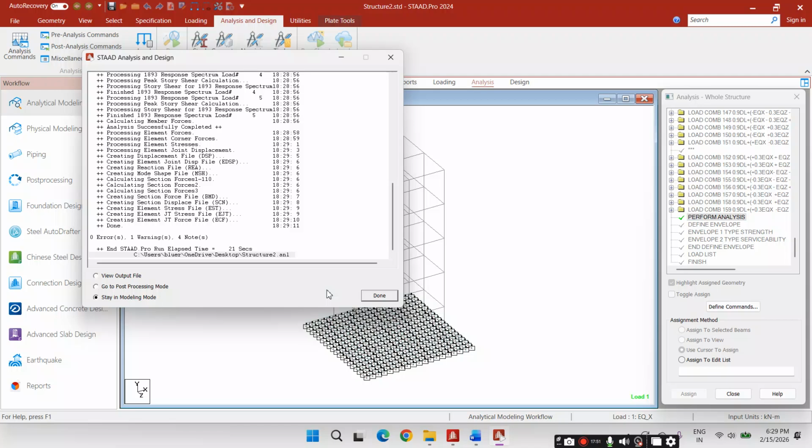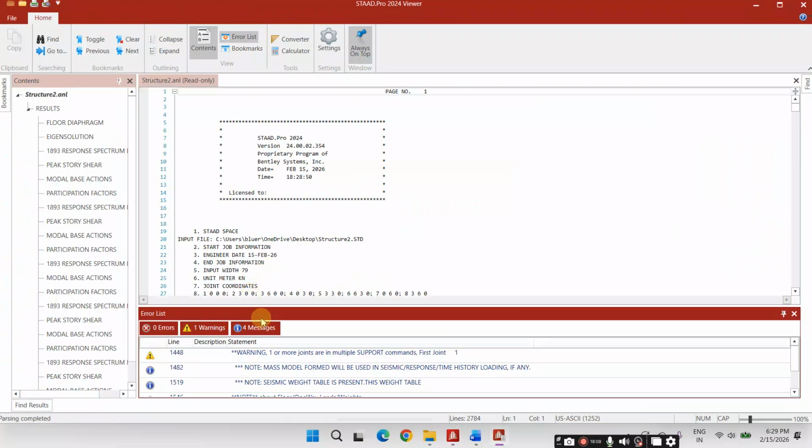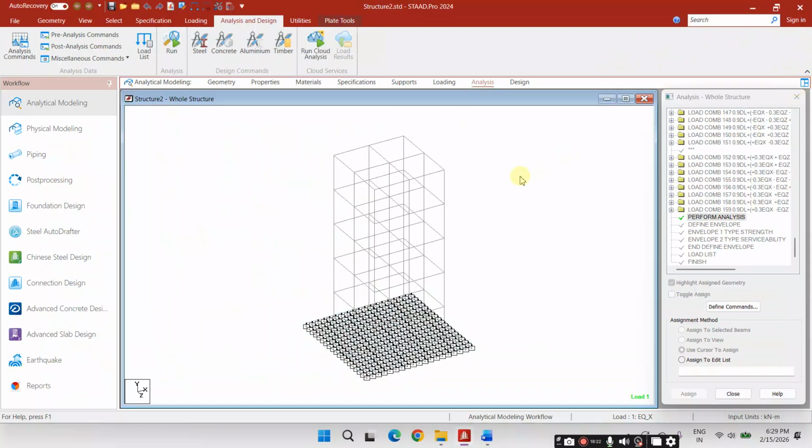That means the structure G plus 6, G plus 7, 10 in a structure you have to provide. So now this is the 4 nodes. So now base shear problem is fixed. So the structure is ready